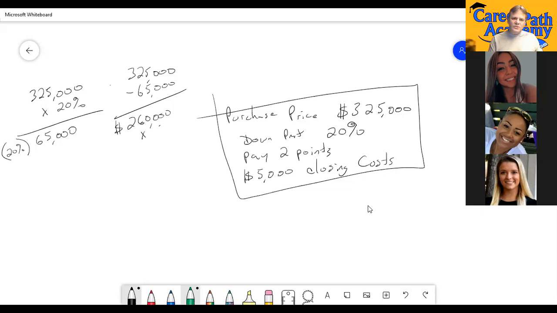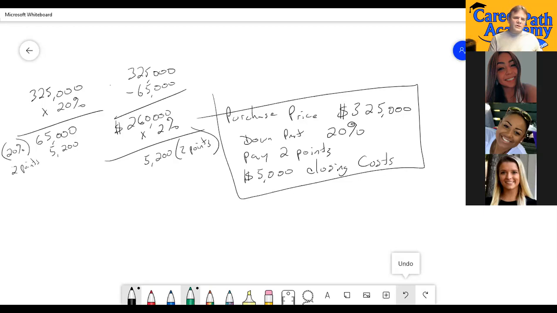So that's 2 points that you got to pay. So times 2%, that's 2 points, right? So $260,000 times 2%, that's $5,200. At $5,200, this is your 2 points. So now you have your $65,000, your $5,200, that's your 2 points,